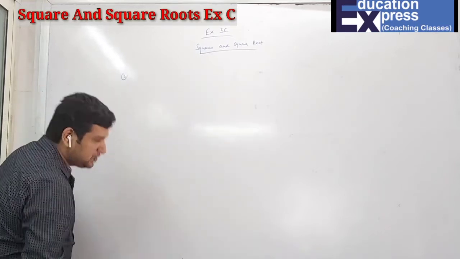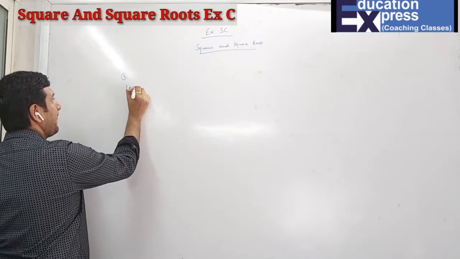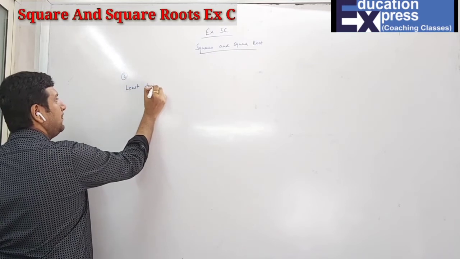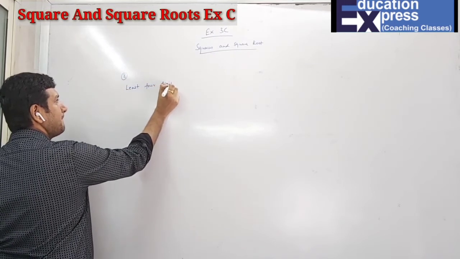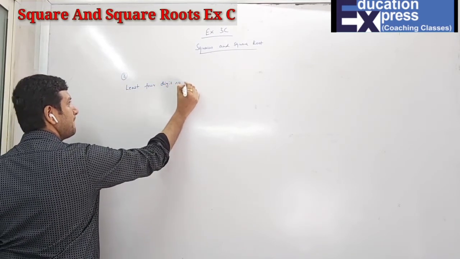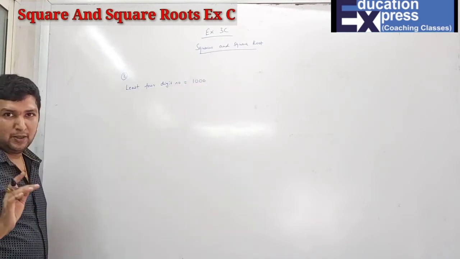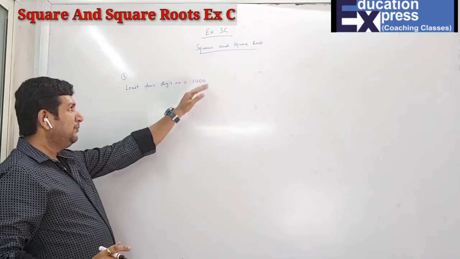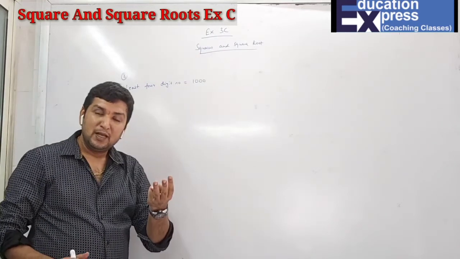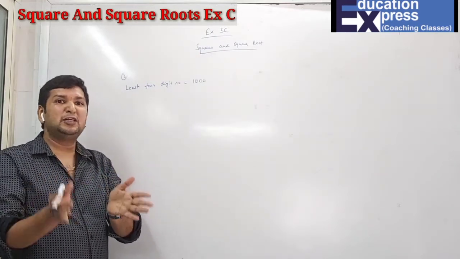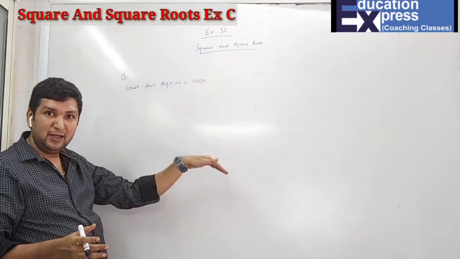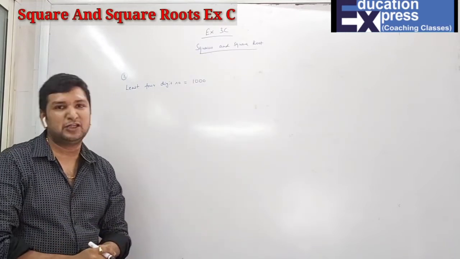So what is the least 4-digit number? Now I want to find a perfect square which is a 4-digit number. So obviously yes, if I go anything before this, there will be 3-digit. That means in case I want to find the 4-digit perfect square, I have to add certain thing. So here, what rule will apply? Addition wala rule will apply.